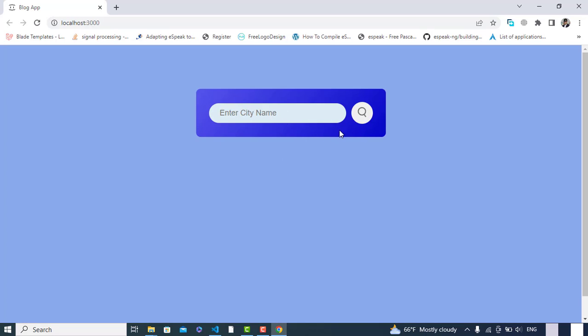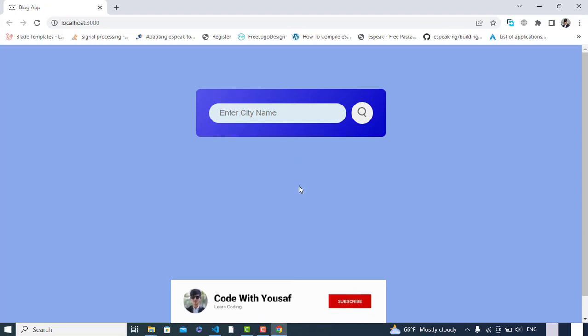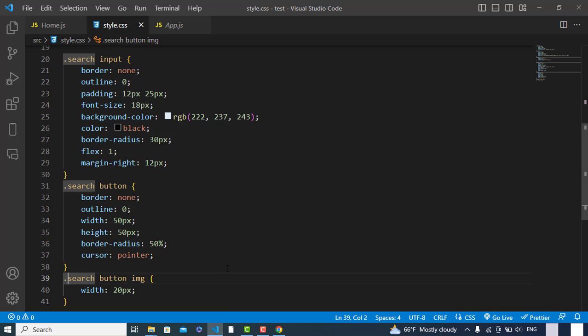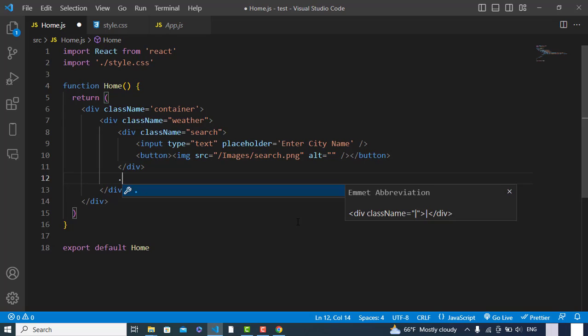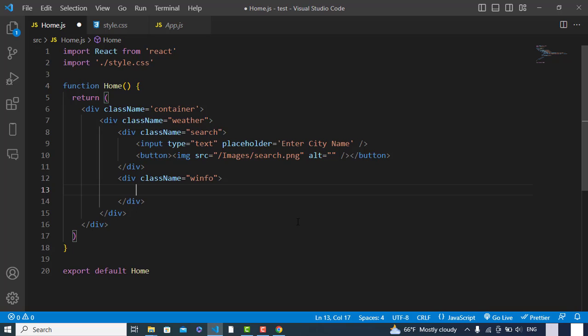Okay, so now let's design the following area, like add an image and the city name and wind and other things. Okay, so let's move it here. Inside this weather we will write another area. We'll write a class name weather info. Inside this class, first we will take an image. The image path would be images slash clouds.png,